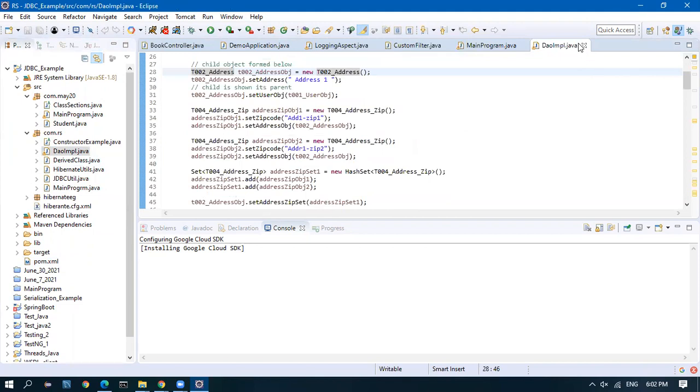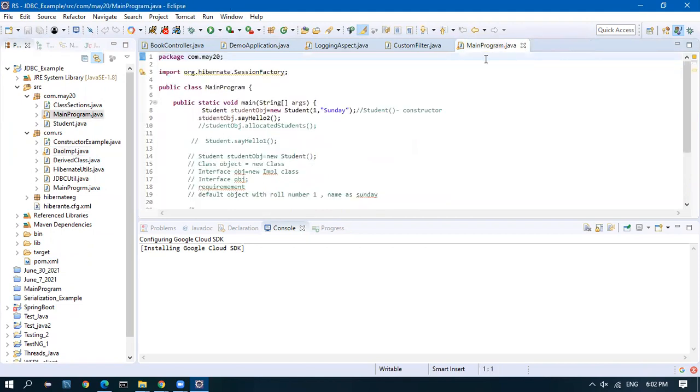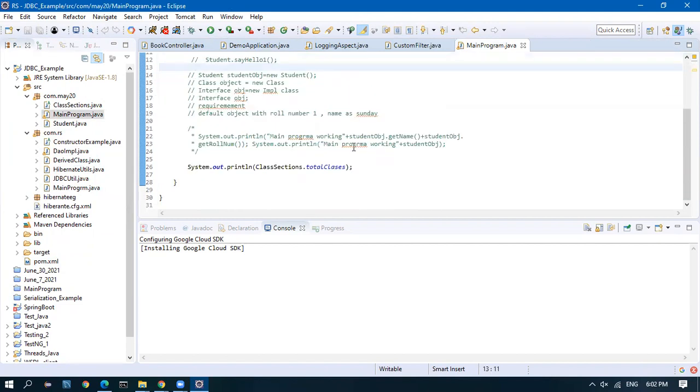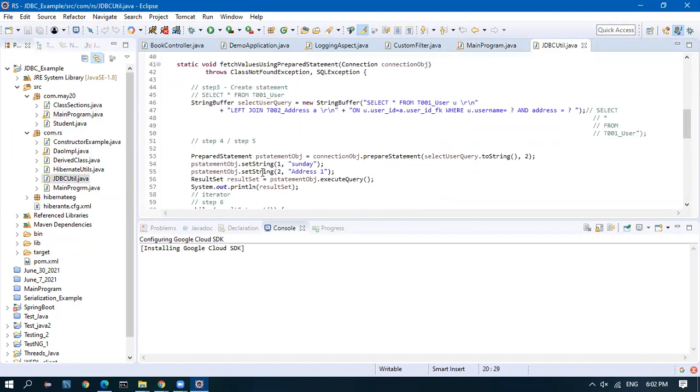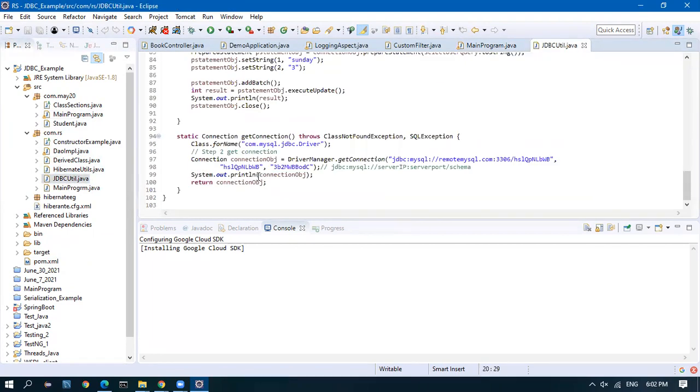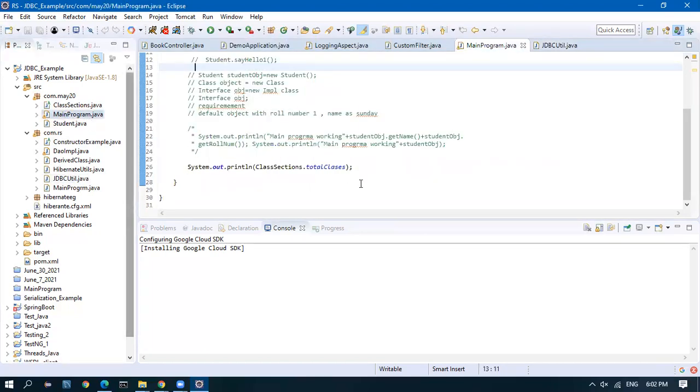Okay. So first you'll see how we connect to a database from a simple main application. Where is it? So, get connect.